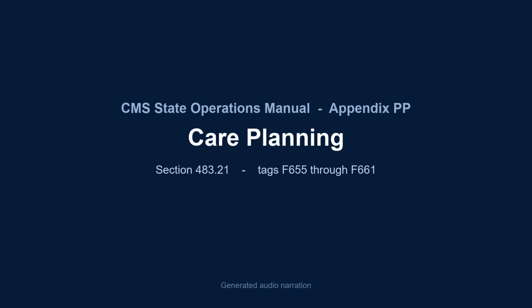Tag F658. Section 483.21(b)(3), Comprehensive Care Plans. The services provided or arranged by the facility, as outlined by the comprehensive care plan, must meet professional standards of quality. Intent Section